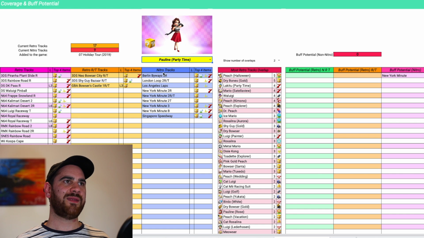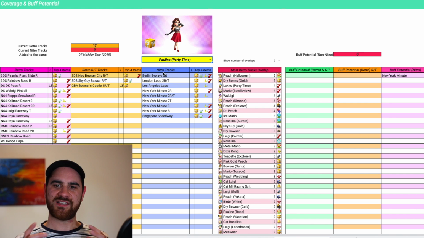We've got Piranha Plant Slide R. We've got, what else? She got Luigi Raceway T. So some really solid 2022 buffs, courses that we expect to return. She has 17 courses total, so actually pretty much the same as Rosalina Swimwear. And both of these drivers, by the way, have a large hitbox,